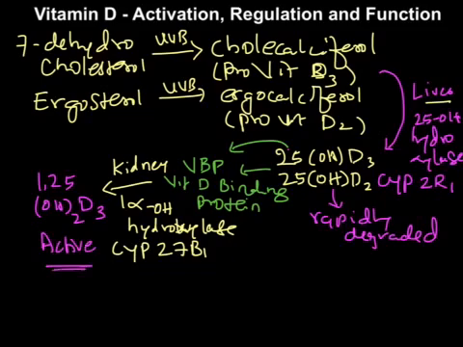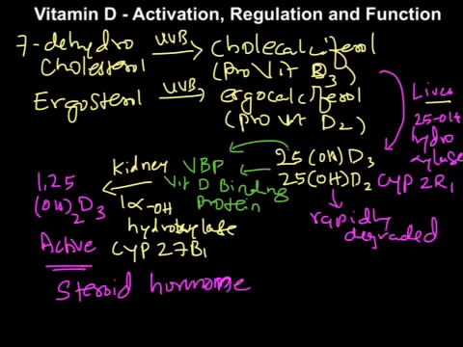Basically this 1,25 dihydroxy cholecalciferol has a hormonal action. It acts similar to steroid hormones. It has a steroid hormone action. So it means it's going to bind with a cytoplasmic receptor, get into the nucleus, and activate a transcription process. So 1,25 dihydroxy cholecalciferol is made by 1-alpha hydroxylase in the kidney. So overall,